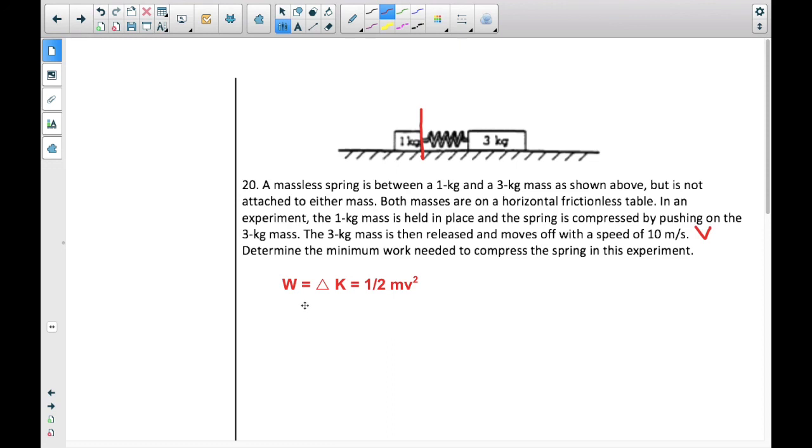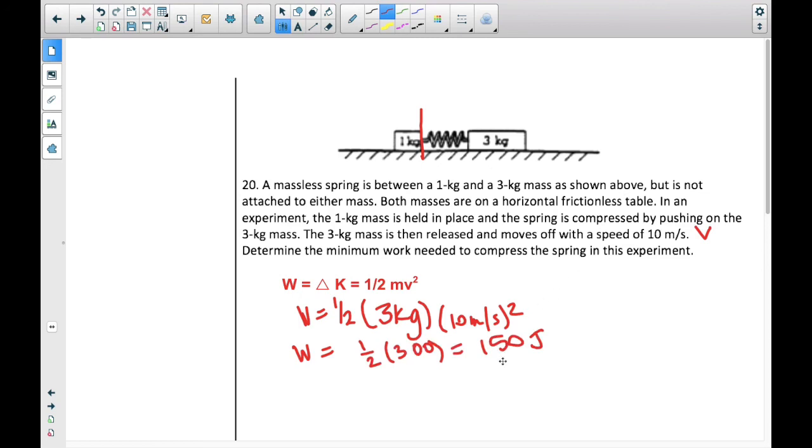And so our work is going to equal 1/2 the mass. Well, think about it. Are we using all 4 kilograms? Are we just using 3 kilograms? Are we just using 1 kilogram? We're only using 3 kilograms because we explained that the 1 kilogram is not doing anything, so it's not really part of this situation. The velocity, we have 10 meters per second, and that gets squared. And so now we just need to pull out our calculator and work this out and see what this comes out to be equal to. And remember that work is measured in joules. Work is a type of energy, basically. We're adding energy, so it's joules. So 150